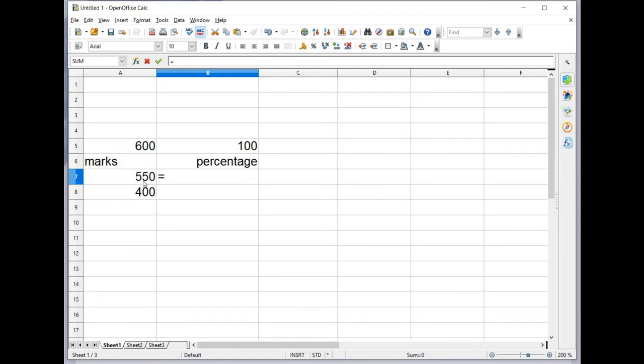Equal. So the first cell is 550. Okay, you click here. So this is the cell name. So A7 is 550 slash, it must be divided by the number 600. So this is present here. So click here. So A7 divided by A5 into 100. Okay, enter. So what is the use for doing like this means, if I drag here, it will calculate the value for this number.